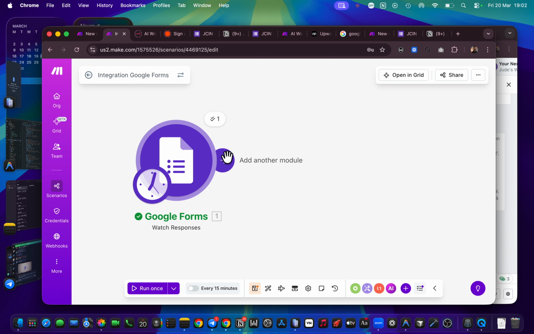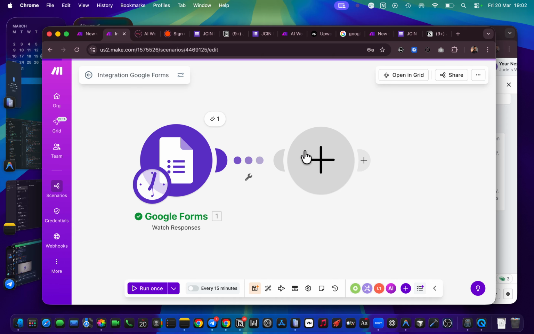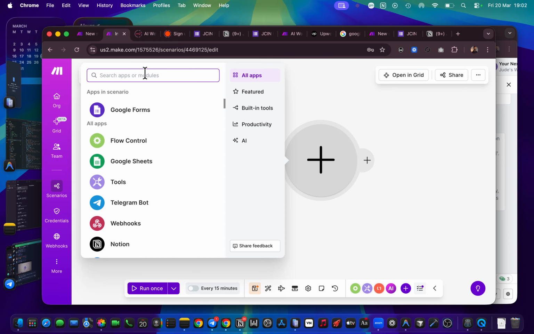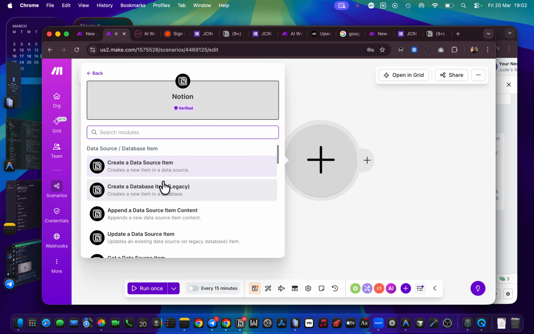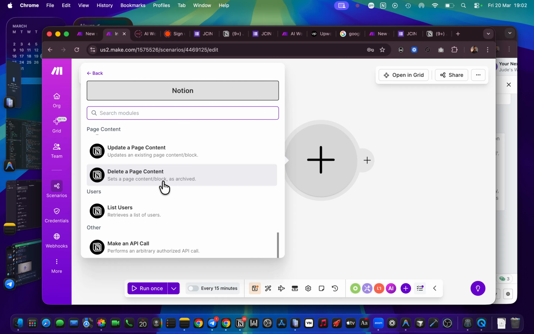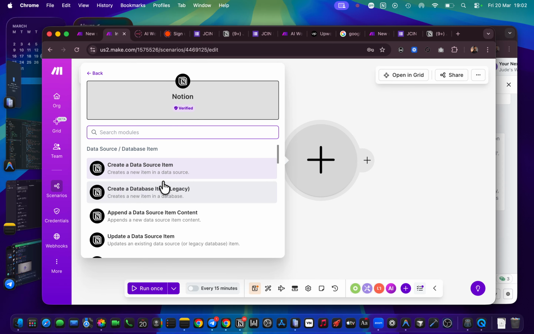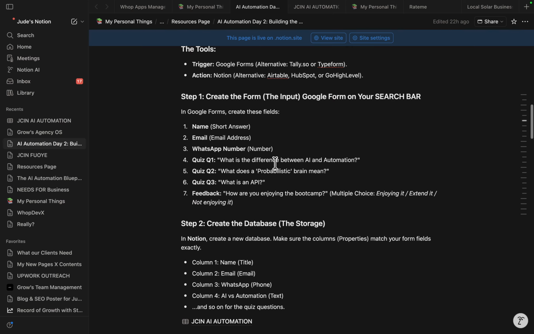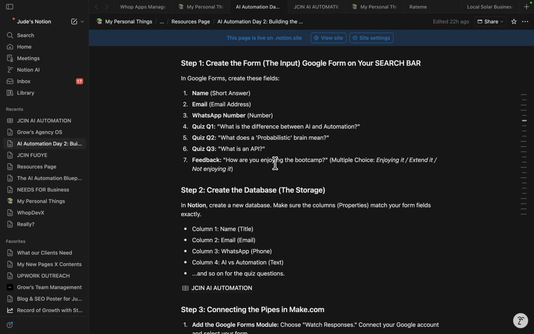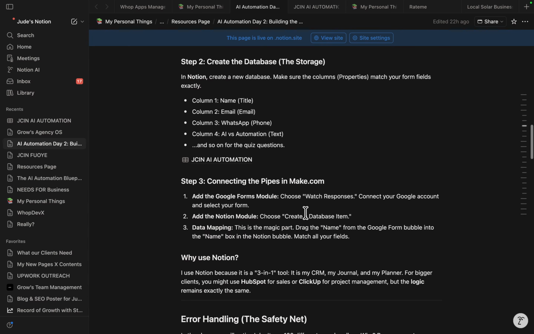From Notion. Now you also have to know which module to use on Notion, because Notion as an app has numerous features as well. You can see everything here. Let's click on show more. You can see several things here. This almost gave us a problem yesterday because I forgot which one I was meant to use, and that is very normal. Anybody can forget. So if you see this response resource page, I dropped all the steps here which you can follow.